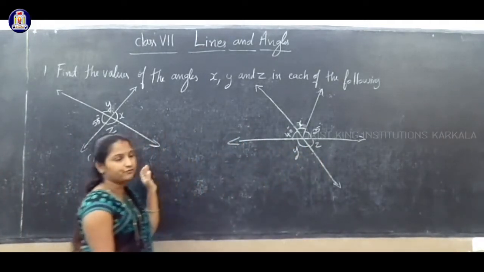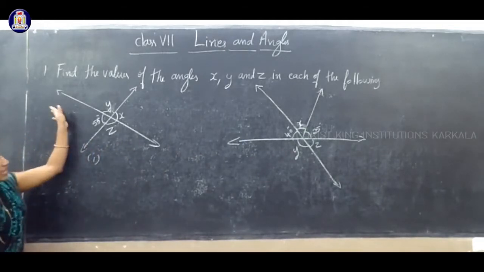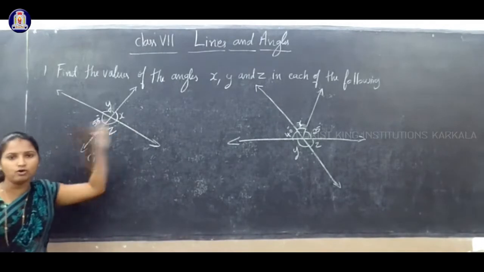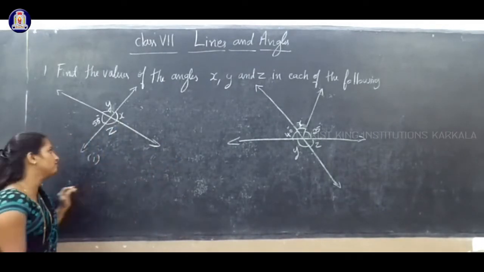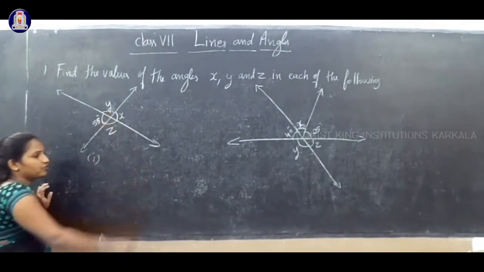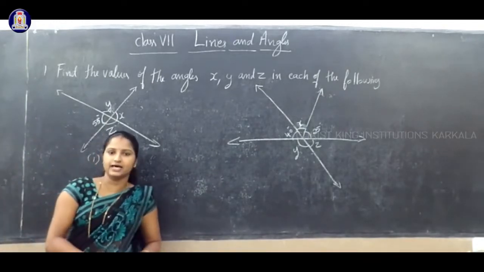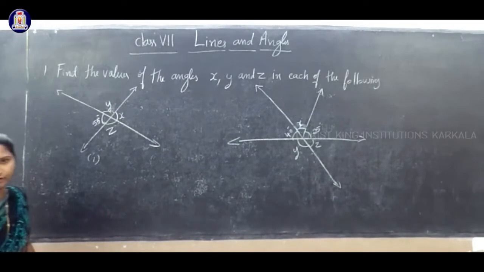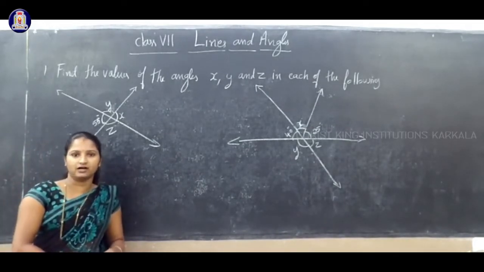Now in the first question, find the values of the angles. See, in this figure one angle is given, that is 55 degrees. So the remaining angles you will find here. So you know that some angles are